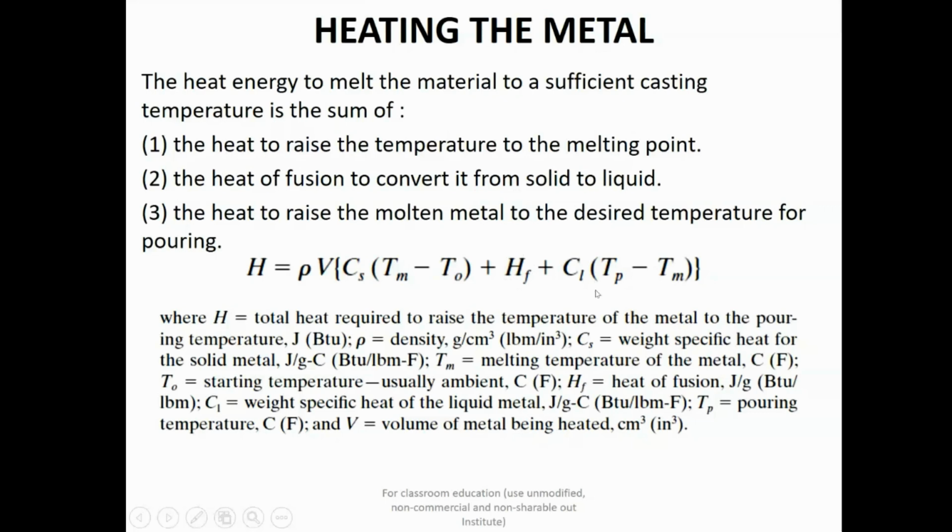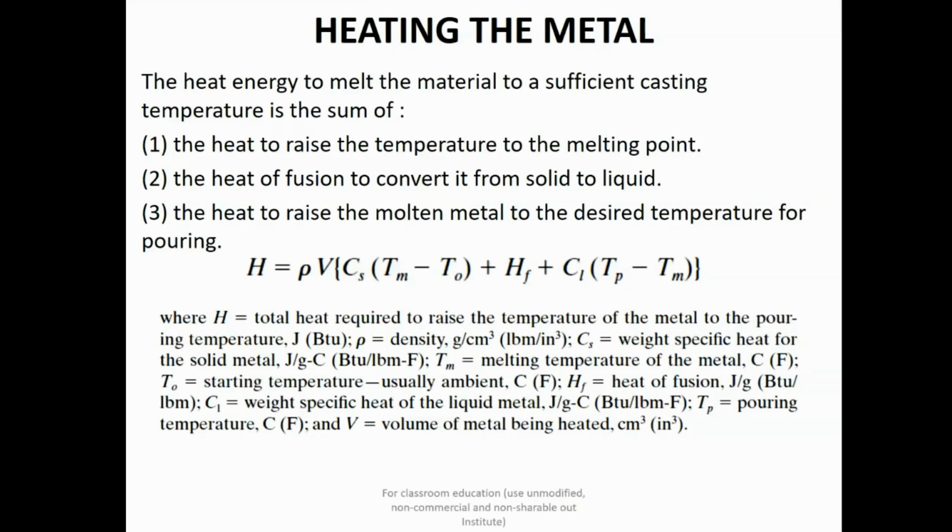And lastly, there is the heat which is required to raise the molten metal to the desired temperature for pouring. So when you apply the heat, the temperature rises, and your solidified metal converts into the liquid form, because here you have achieved the melting temperature. Even then, just achieving the melting temperature is not enough, or it is not good to pour the metal just at the melting point,